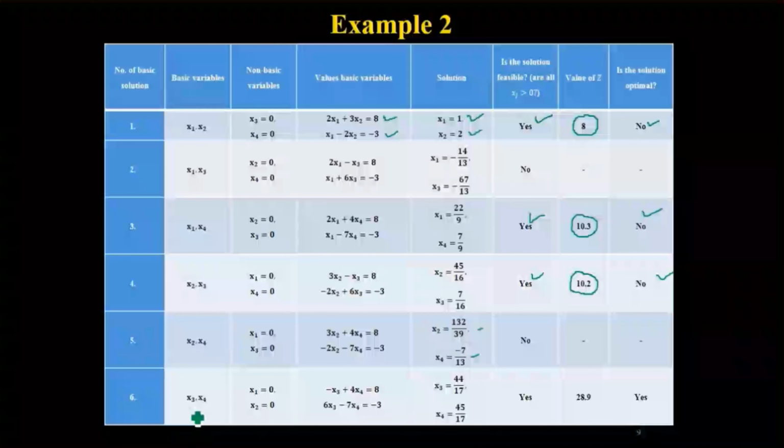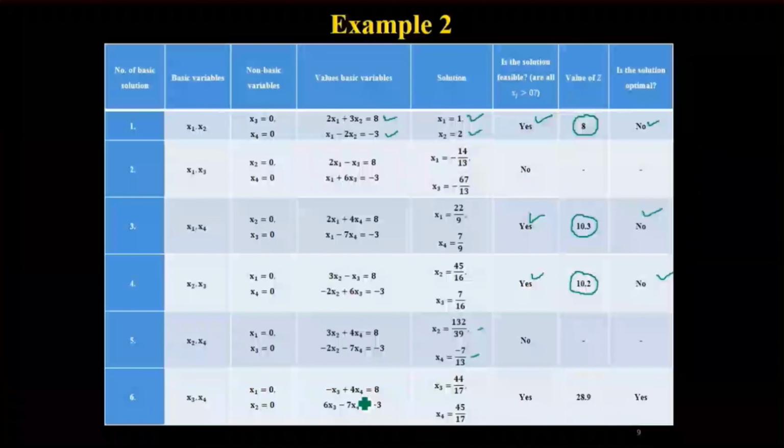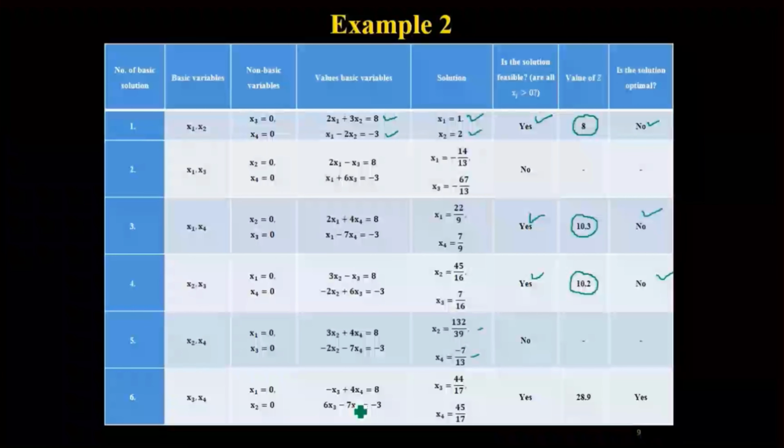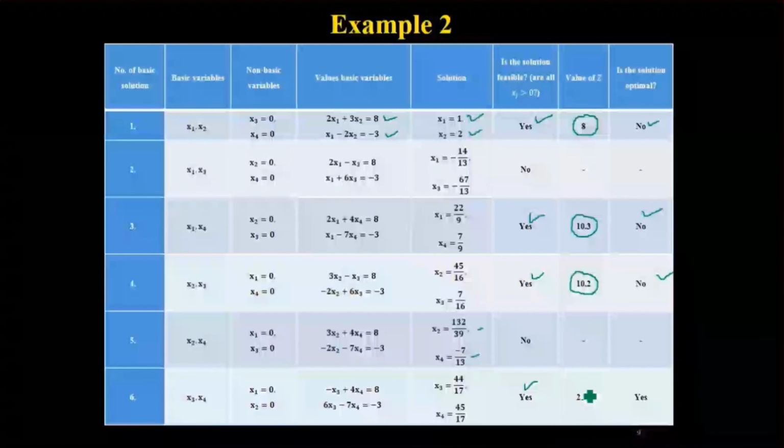For the final combination, we take x3 and x4 as basic variables, and x1 and x2 as 0. Then the system of equations converts into minus x3 plus 4x4 equal to 8, and 6x3 minus 7x4 equal to minus 3. If we solve these two equations, we get x3 as 44 by 17 and x4 as 45 by 17, both positive, which satisfies the feasibility condition. So it is a non-degenerate basic feasible solution, and putting in these x3 and x4 values with x1 and x2 as 0, we get the z value,